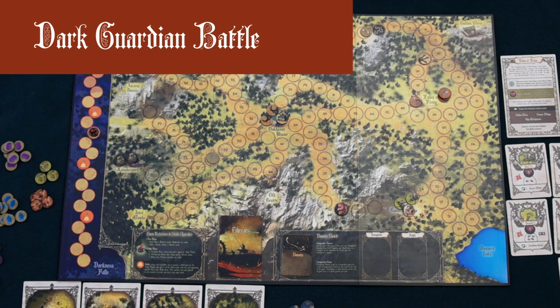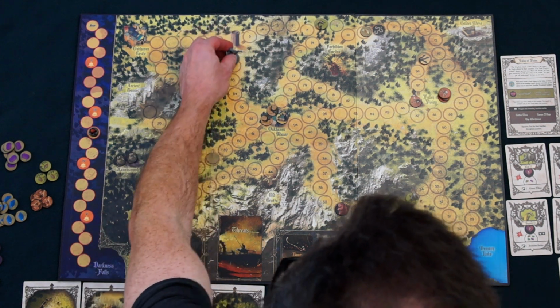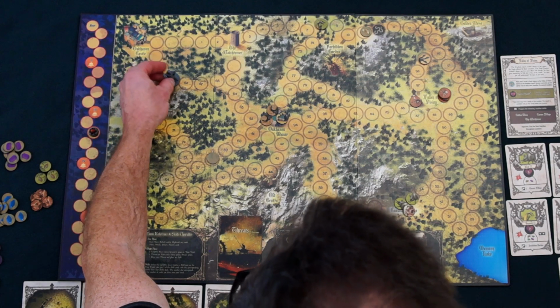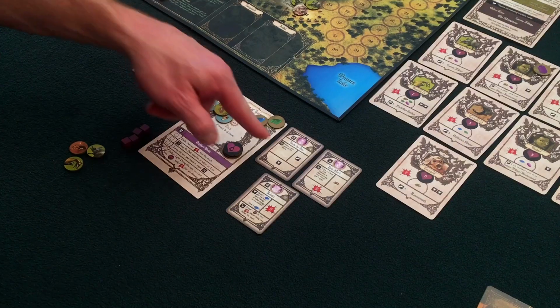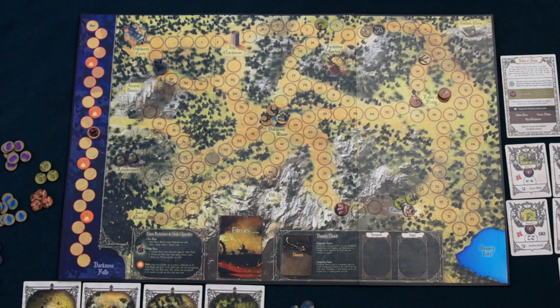Let's go ahead and go to Ancient Tombs. Let's go there first. 1, 2, 3, 4, 5, 6, 7 with my Haste the Day skill. And that is all I can move. Now,